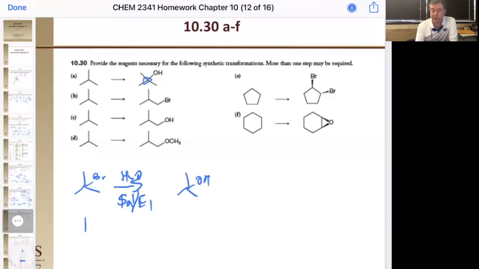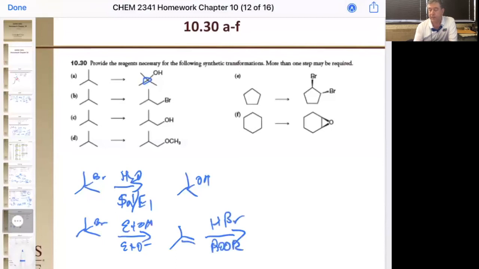Okay, so the first thing we're going to have to do is halogenate it here. And then I bet if we did EtOH and base, we would get the double bond. And then we can do our anti-Markovnikov HBr addition with peroxides to give us our bromine on the number 1 position. Okay, and then we could just take this right here and boil it and react it with hydroxide to